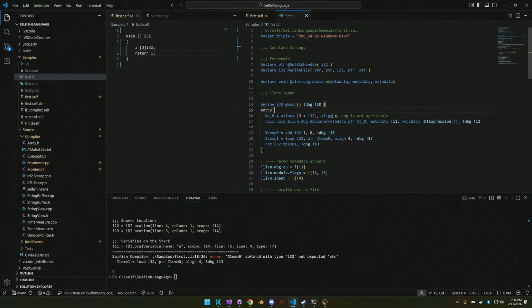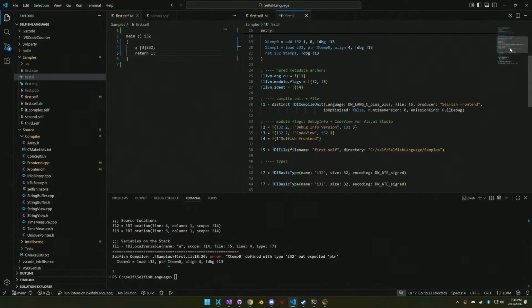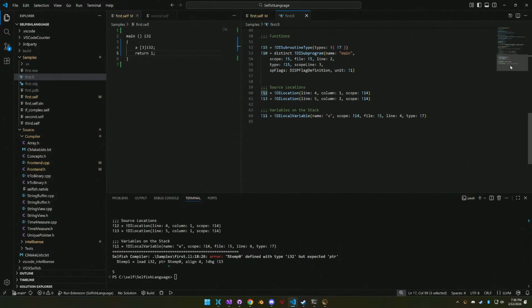Put on this. Oh, I have a bug in just returning one on its own. That's a problem. It's not related to arrays. But this part is already good. Just stack allocation. What does it say for type? I might need to be more explicit about the type actually. Type